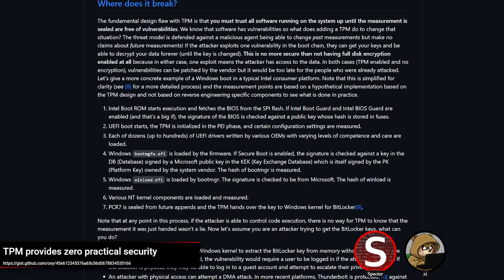One of the problems, though, is if there's vulnerabilities that can be exploited at any stage in that process, future measurements can be faked and compromised, or you could just extract the key without worrying about the TPM at all. And we've seen some conference presentations and blog posts that have exploited various configuration issues or memory corruption or whatever to get access in one of the many OEM drivers and UEFI.